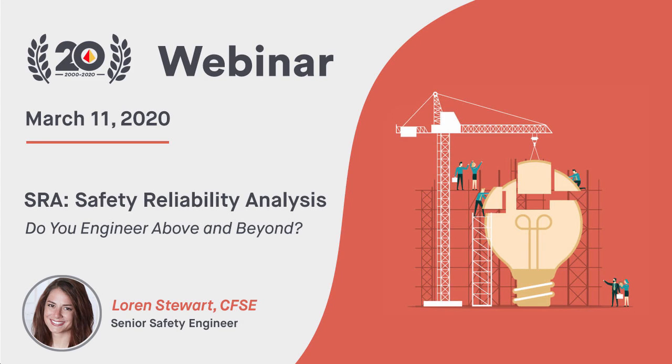So today's webinar is on our program called the SRA, our Safety Reliability Analysis. I want to introduce what it is and how we do it. We're going to give some examples and show how, if you are already doing your engineering above and beyond, if you're already doing some of these wonderful things in the industry, you can take credit for the things that